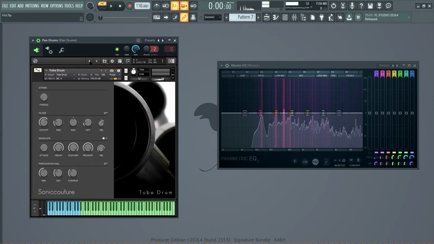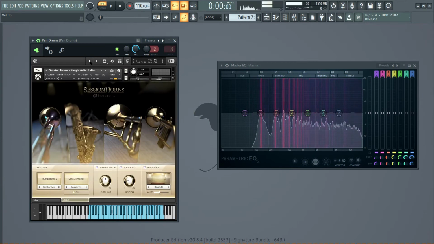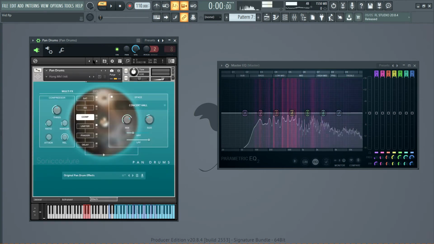So you have a violin, you've got a tube drum that's playing the bass, tin click, which is like instruments made from bamboo, I think, but they sound cool, you'll see. Session horns, which I talked about in the last video, and pan drums, which sort of sound like steel drums. They're cool, you're gonna see what I'm talking about.